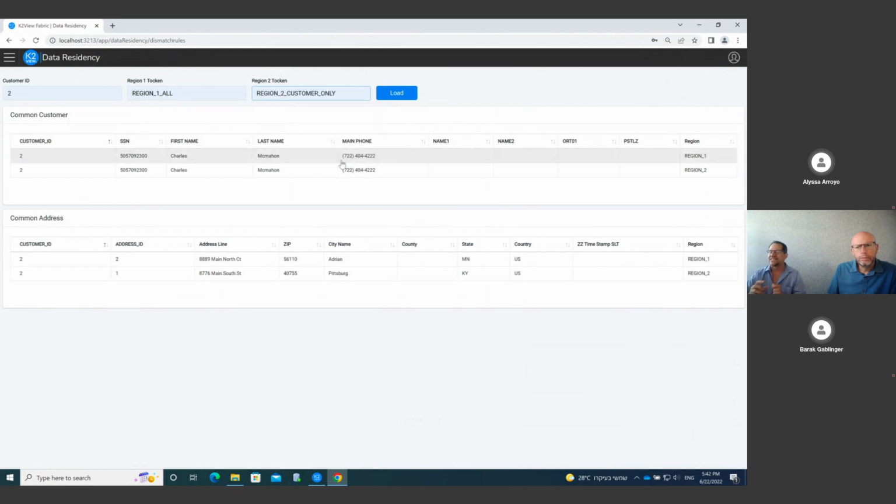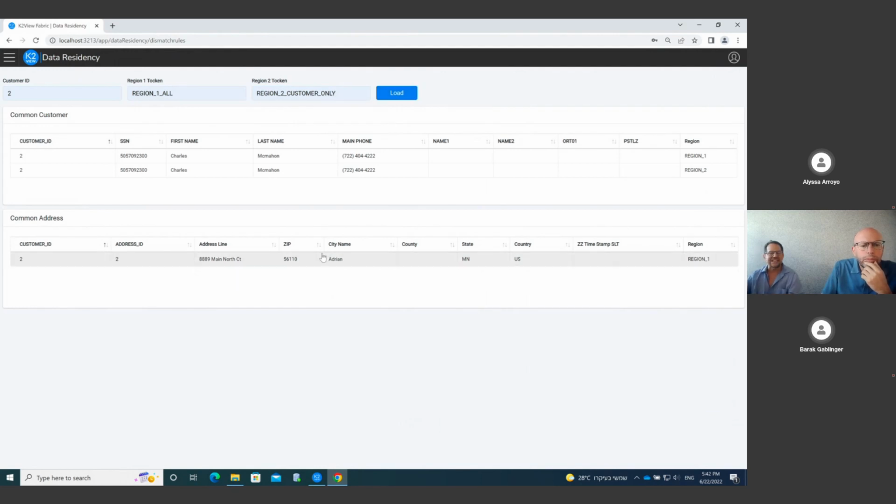I can see everything from region 1, but only customer information from region 2. And you can see that one line disappeared from the address. I can do it vice versa and play with the profile that I have.